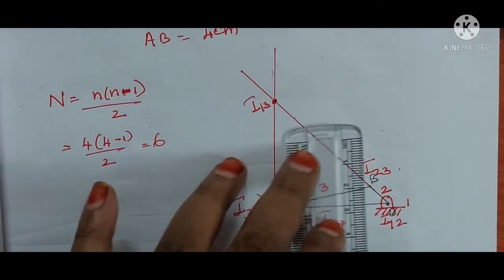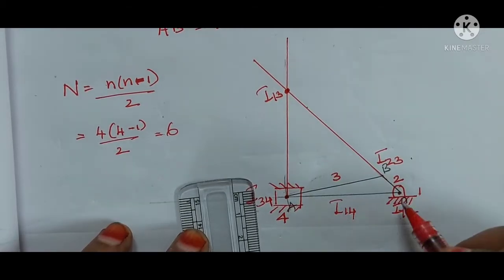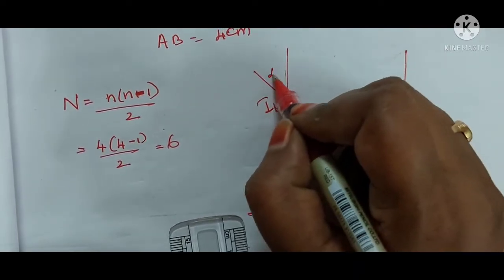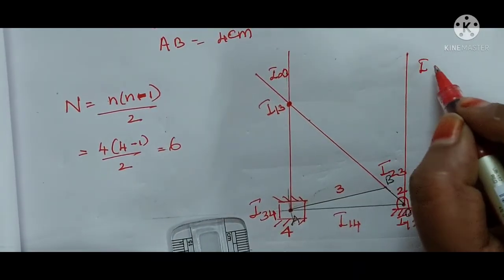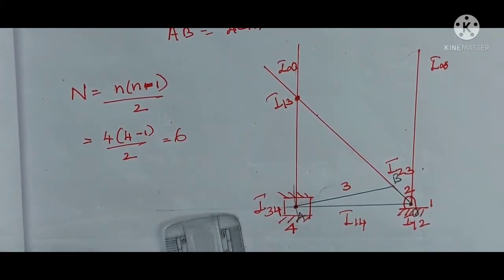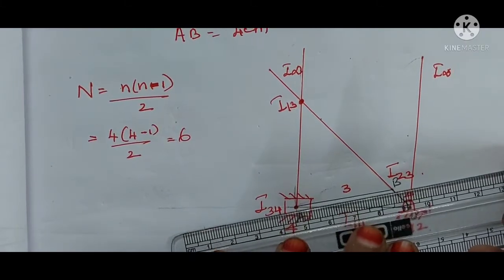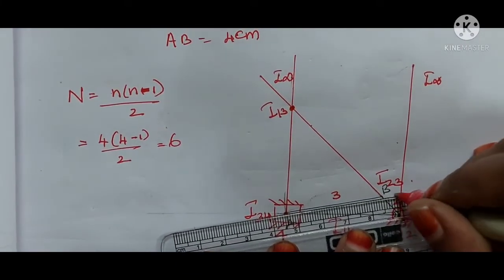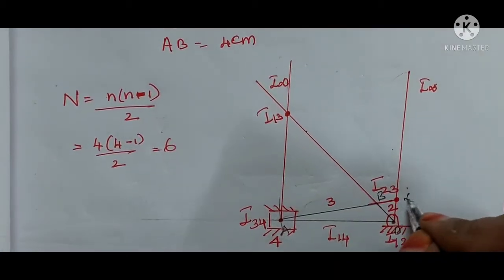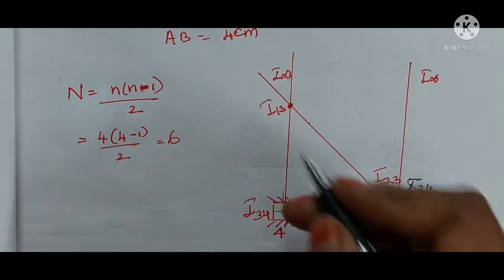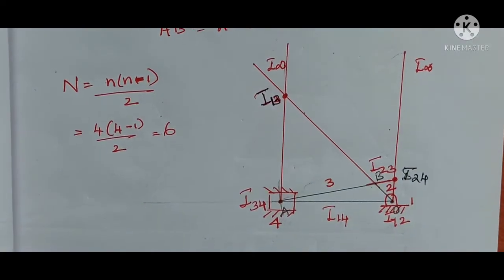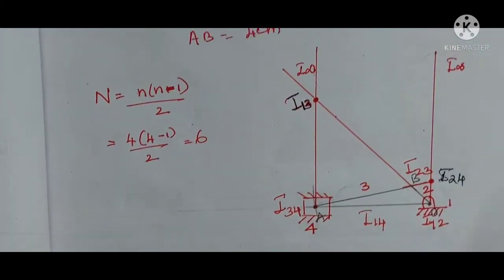Now come for the second one, I24, the same way I14 and I12. Extend the line and this coincides at I infinity. We can say I infinity because two permanent centers lie in the same line. So it will come like this only. So now I23 and I34, extend these two, so you will get the new center. So you can locate this particular point I24. So this is temporary center I13. So these two are temporary centers. Totally 6 centers we have now located.